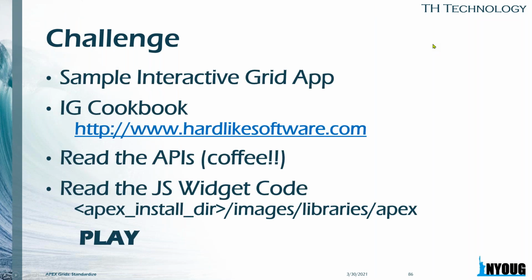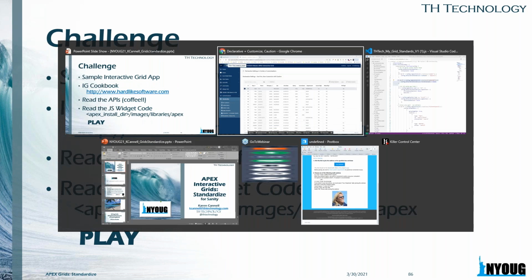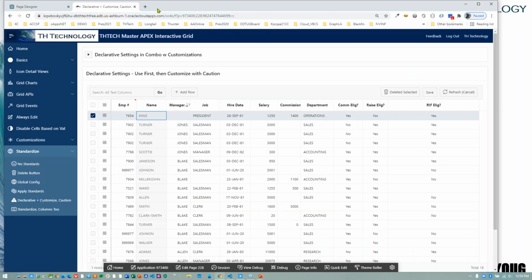Basically, your challenge is, if you haven't already, to install the Sample Interactive Grid app in your productivity apps. Download the Interactive Grid Cookbook and install that, and read the notes. John Snyder's put a lot of time into that Interactive Grid Cookbook. And one more thing I want to show you,